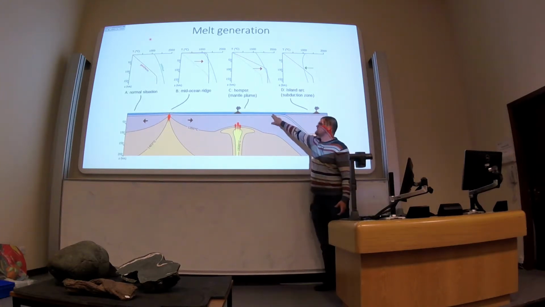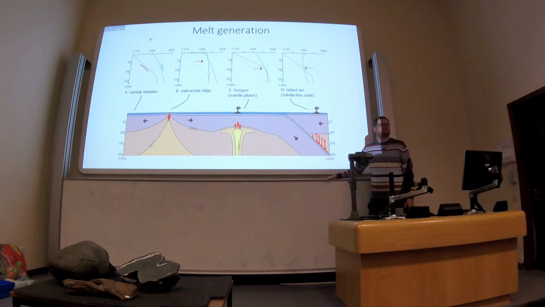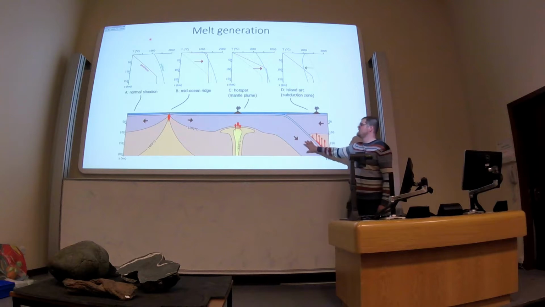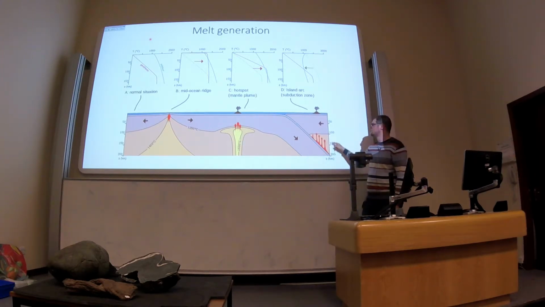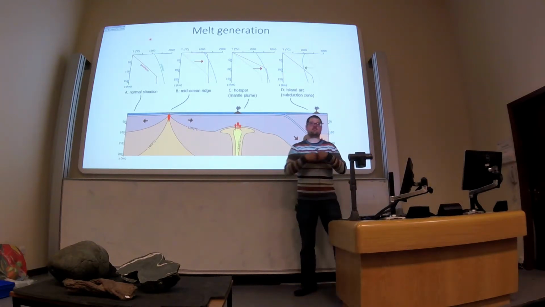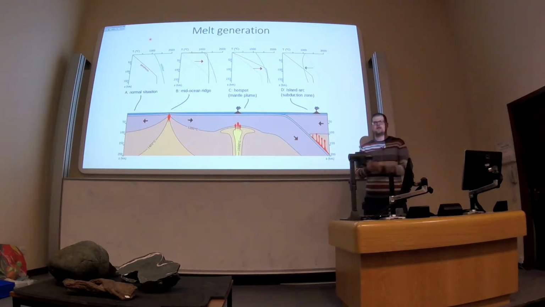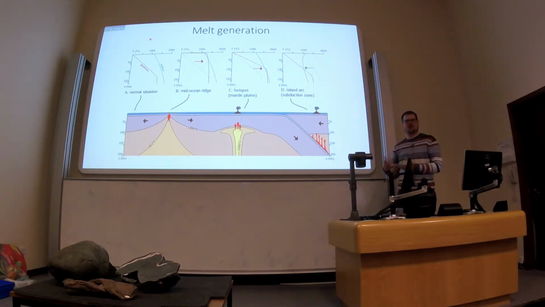Now, because this is cold, it's not going to melt. The reason we get melt here is actually because there's something in the crust here that comes out into the rock that overlies the subducting crust that causes it to melt. And that thing is water. So in a very similar way to if you put salt on ice, it helps it melt. So if you add water to rock, it makes it easier to melt. It's kind of a weird analogy, but it's actually true.